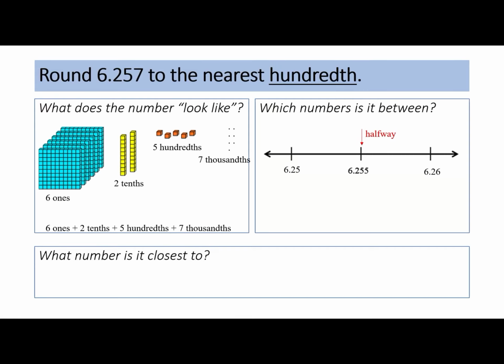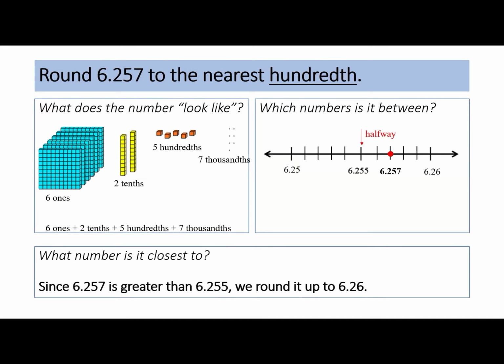To help me locate the decimal I want to round, in this problem, I can divide the number line into 10 equal pieces called thousandths. 6 and 257 thousandths is 7 thousandths greater than 6 and 25 hundredths and 3 thousandths less than 6 and 26 hundredths. Since it is greater than 6 and 255 thousandths, we round